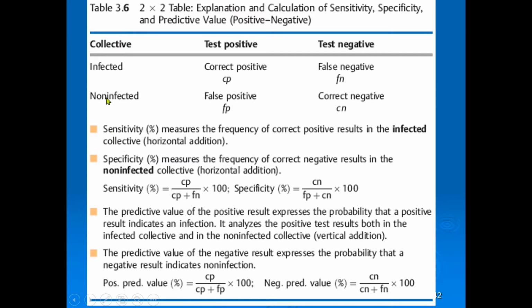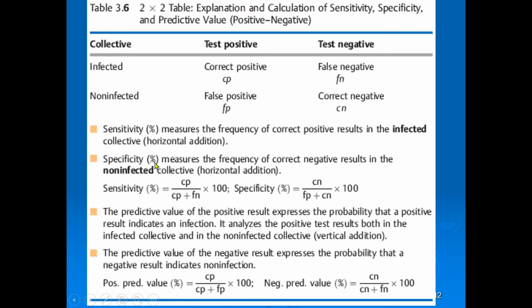Basically, you have to have a sample of positive and negative controls, and then you use your test on these samples, and you determine how many were correctly positive and false negative, and how many were correctly negative and false positive. So these are the two terms that you have to familiarize yourself with: